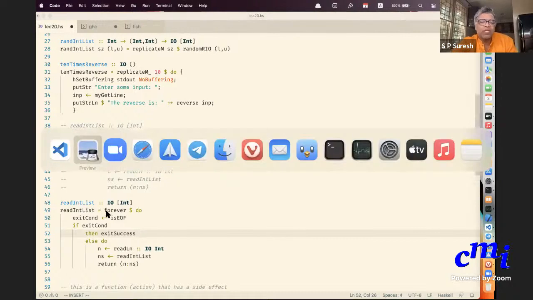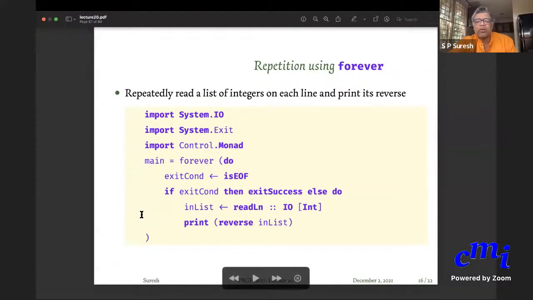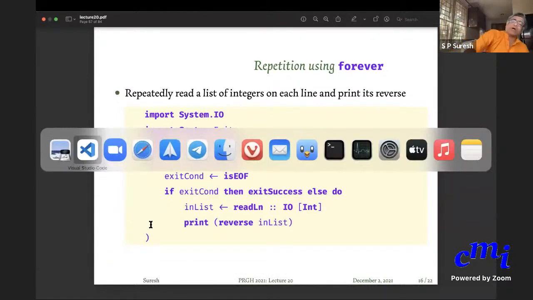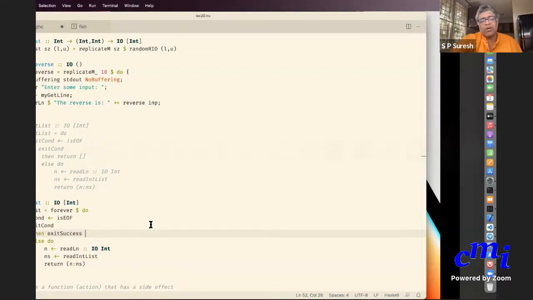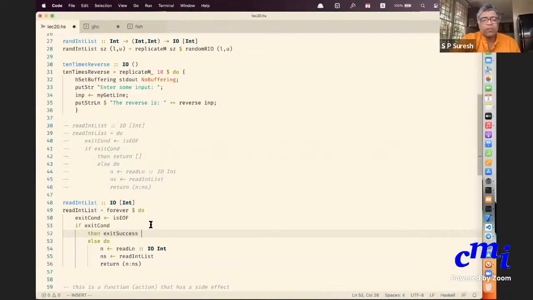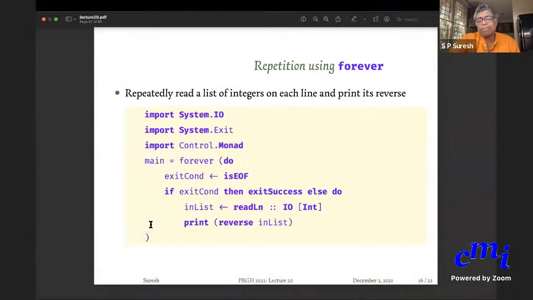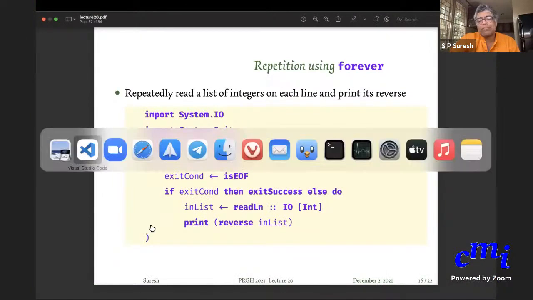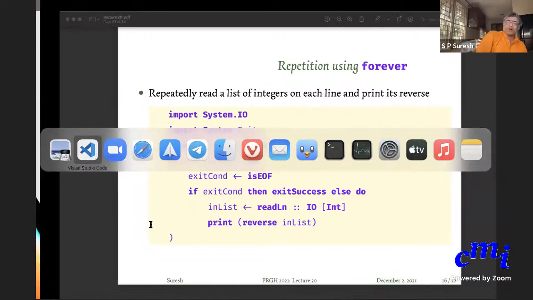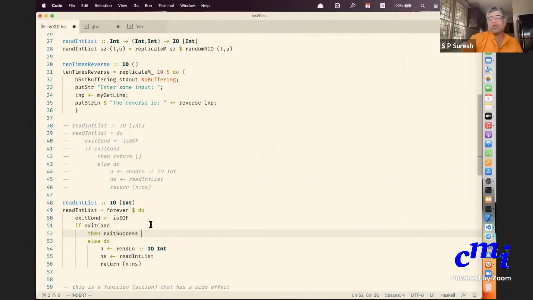Else. So I mean there are only certain cases for which you can use your forever.